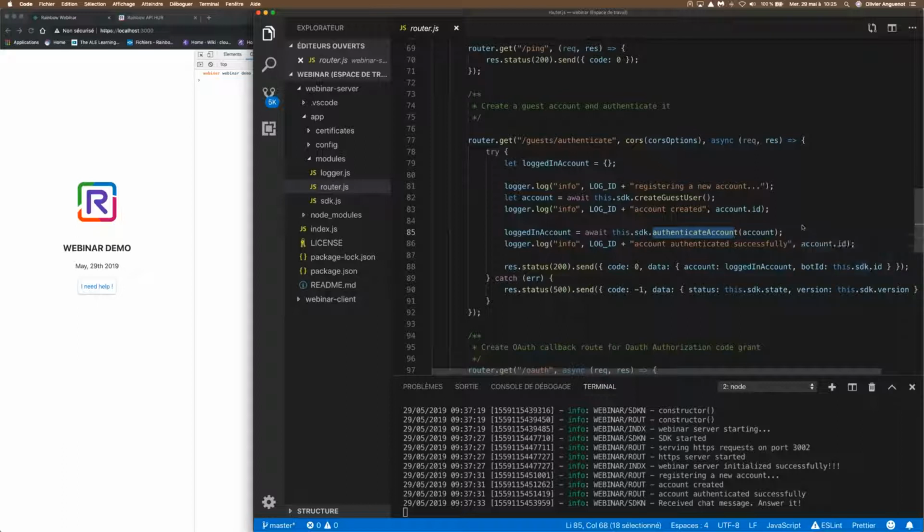Once that request is done from the client side, the client will be able to connect because it will receive the token and the bot ID.